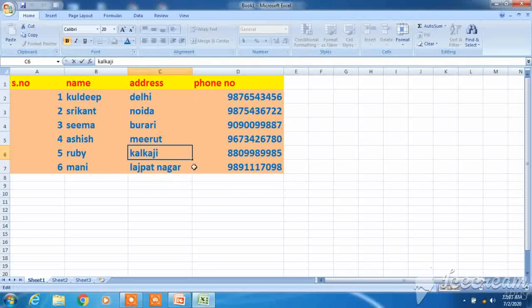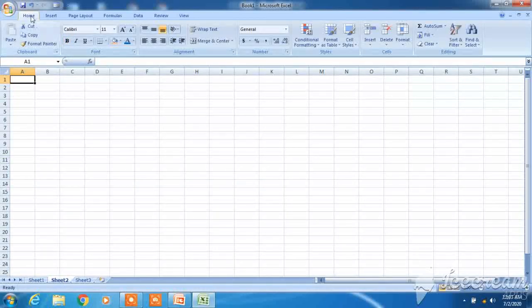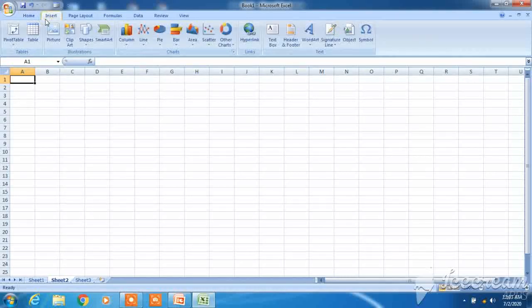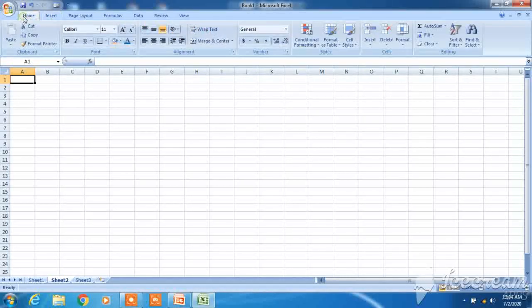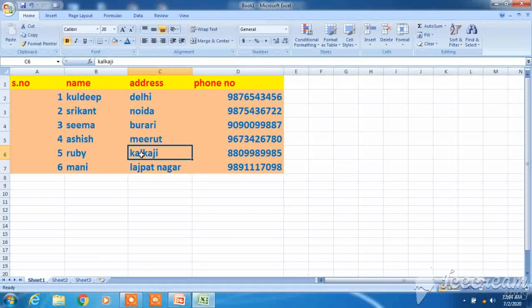This is the Excel sheet, also called a worksheet. So many tabs are there: Home tab, Insert tab, Page Layout, Formulas tab. You remember we were inserting formulas from this tab, and inserting charts using this tab. So this is a table. Before telling you filtering, I will just give you a quick recapitulation of sorting. Select the particular data. In the Editing group, select Sort and Filter.